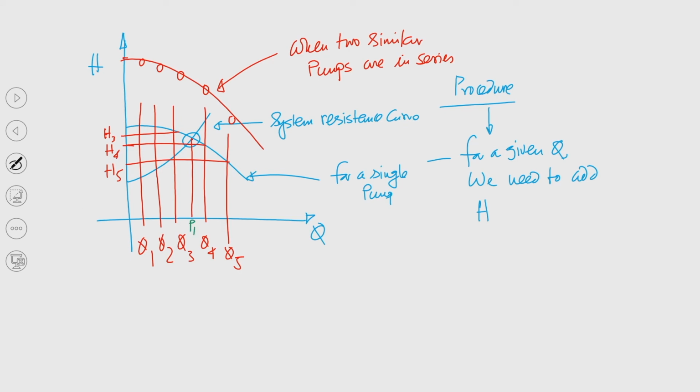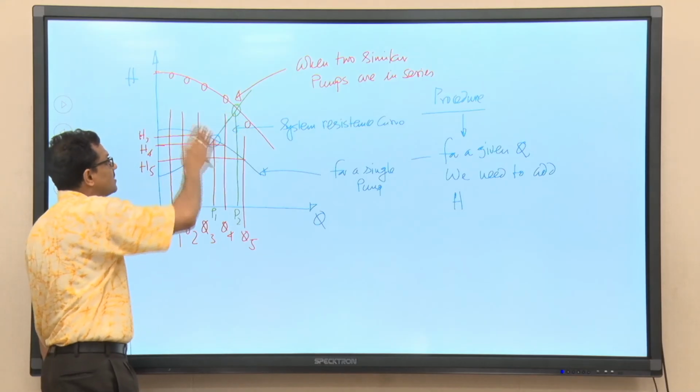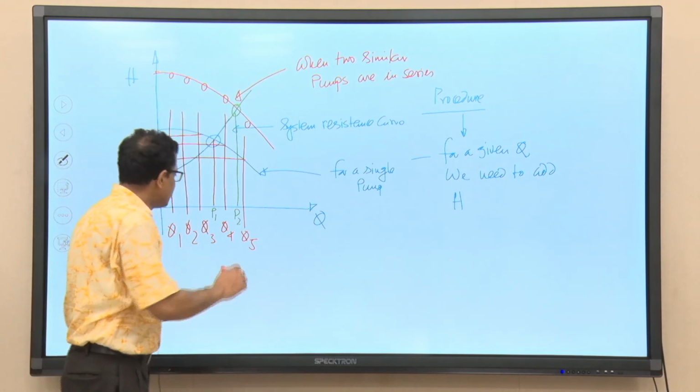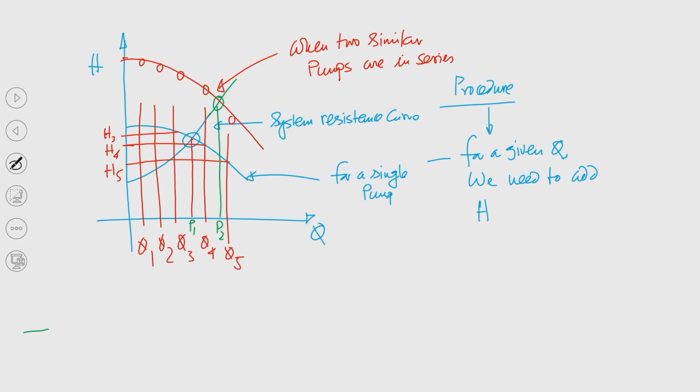Now, ideally this system resistance will cut over here. So, the changed operating point should be like this P2, but this is not the case because our objective is to get the same flow rate. So, if this is the characteristic curve, then perhaps when two pumps are connected in series, we are supposed to get this as the operating point, with the rated head and discharge corresponding to it. If that is the case, then we are supposed to get P2 amount of flow rate against a head of this.